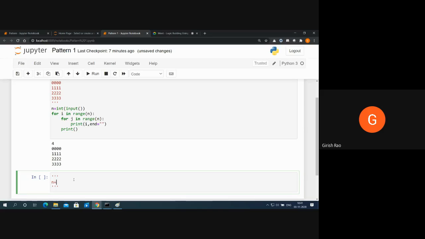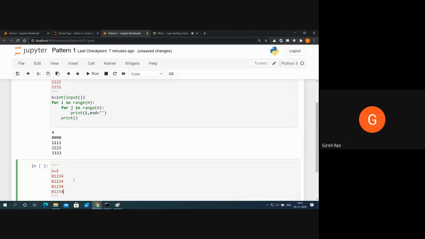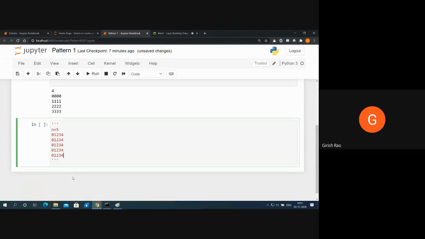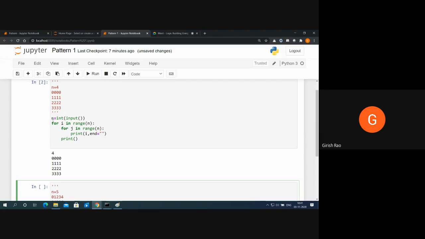Let's take n is equal to 5. Now what I want to print, I want to print this pattern. Copy the same program because I know that this is going to work.